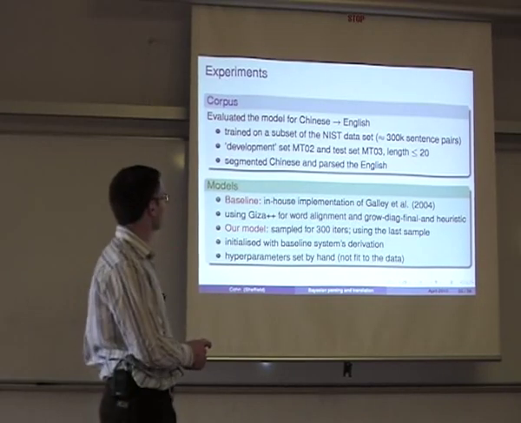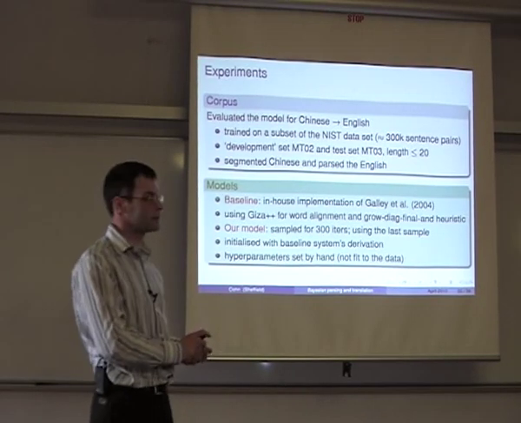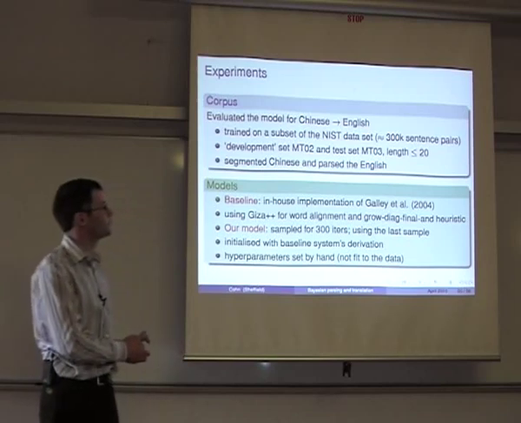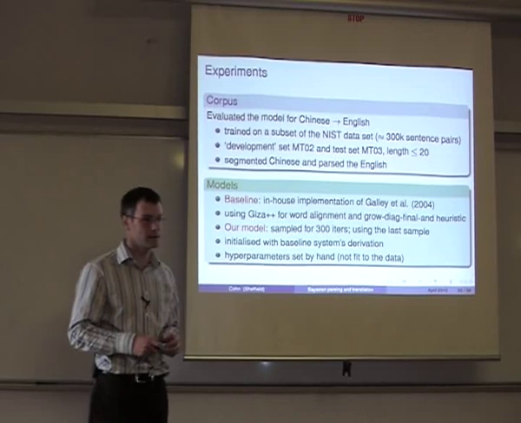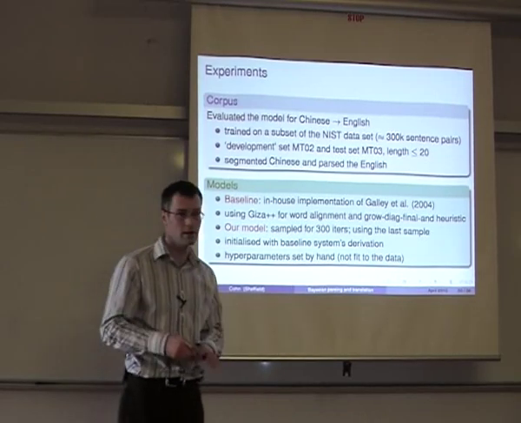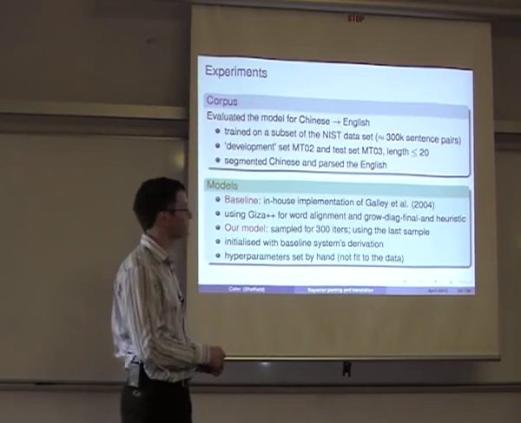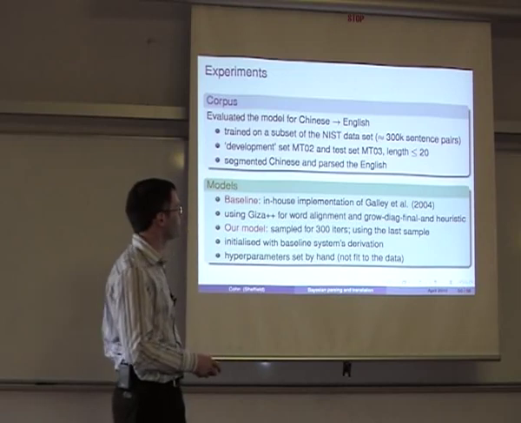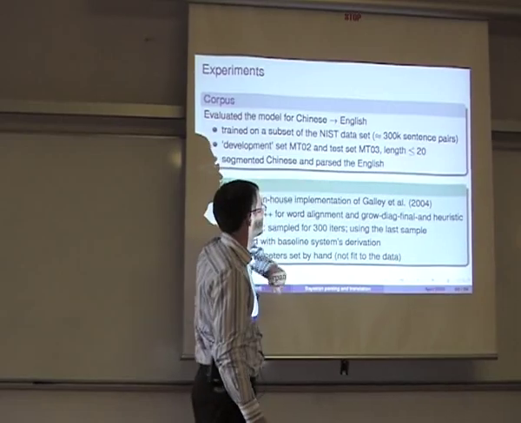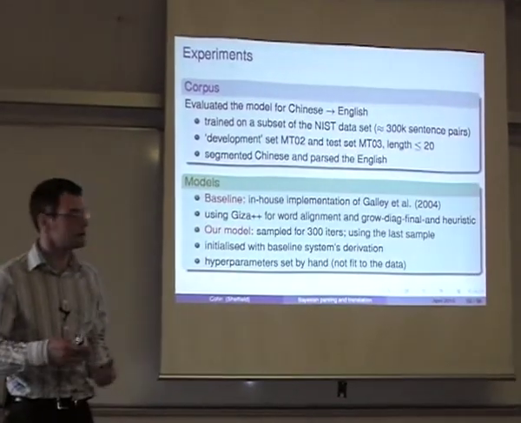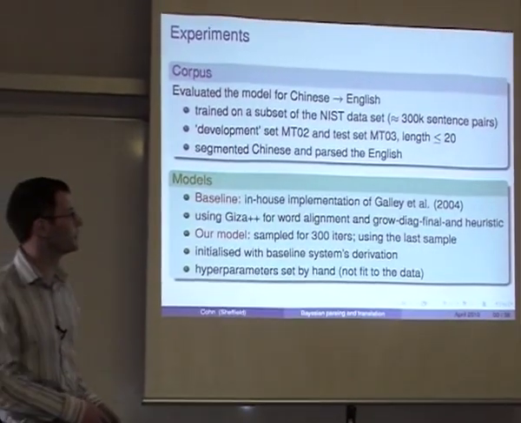Okay, so the way we've run some experiments on this, we've evaluated for Chinese-English. We train on a part of the NIST data set, around 300,000 sentence pairs. This is a fairly well-established, good set for Chinese-English, and it's a reasonable size. We use fairly standard test sets. So we have a development set from MT02, the NIST evaluation in 2002, and then we have a test set